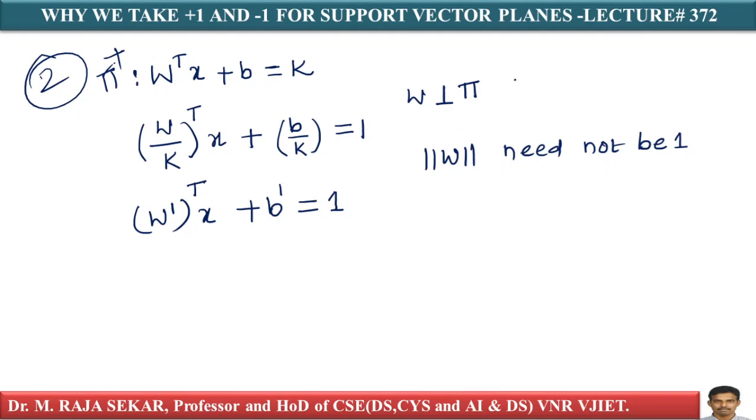What happens? Here w is perpendicular to pi, isn't it? Norm w need not be unit, need not be 1. It can be any vector. Still it works. We only need to know whether it is perpendicular or not. Still w dash is perpendicular to pi, isn't it? The reason to take plus 1 and minus 1 is just to simplify the mathematics. This is simple. This is the second interpretation. Our first interpretation is this one. Just go through this. This is simple and